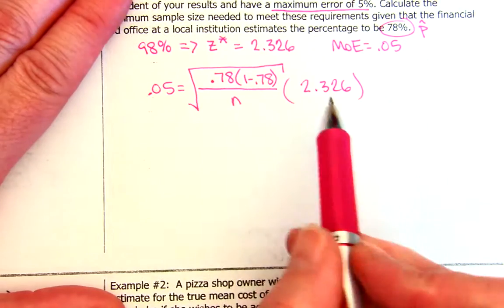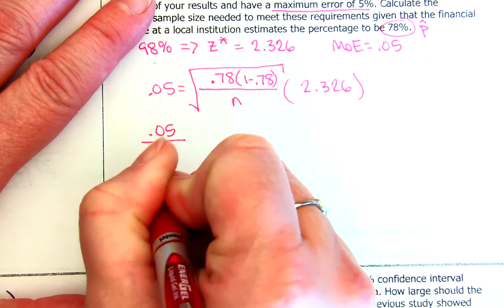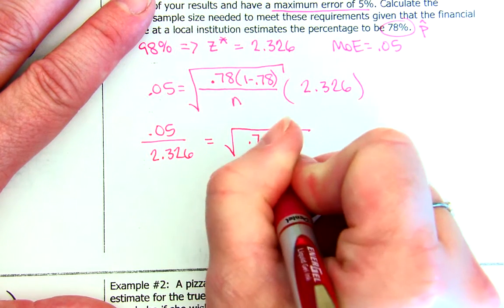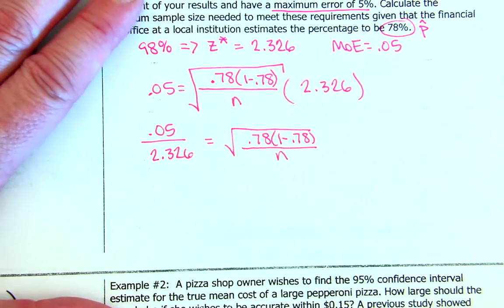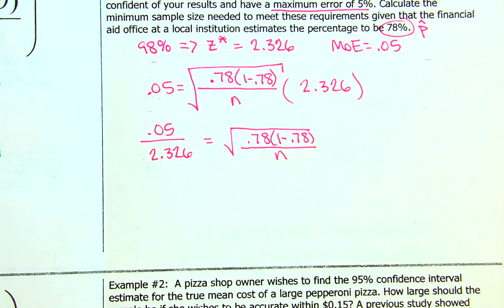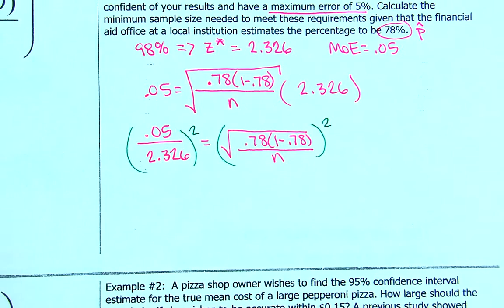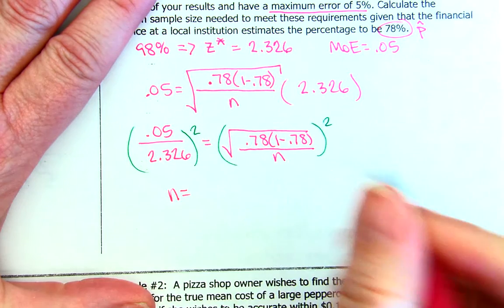So to solve for n, we just divide each side by the critical value. So to get rid of the radical, we just square each side. And you get n equals